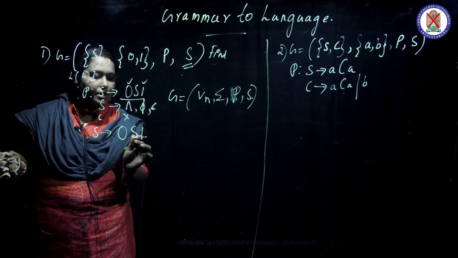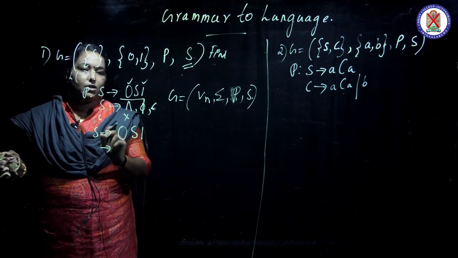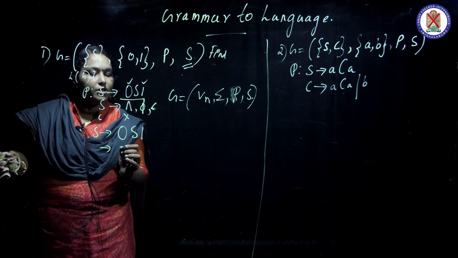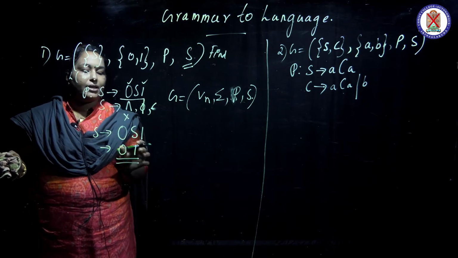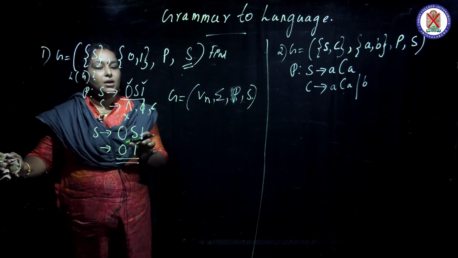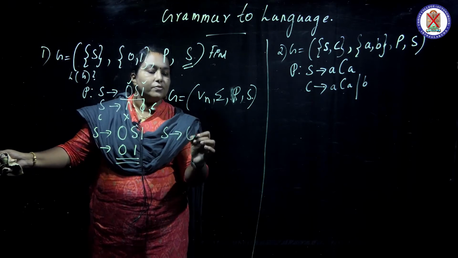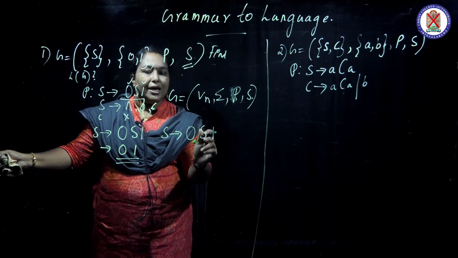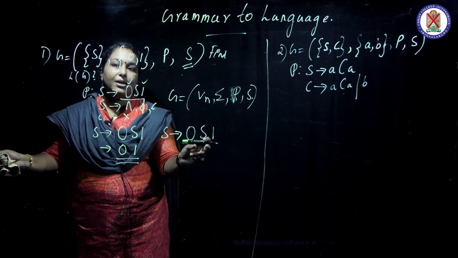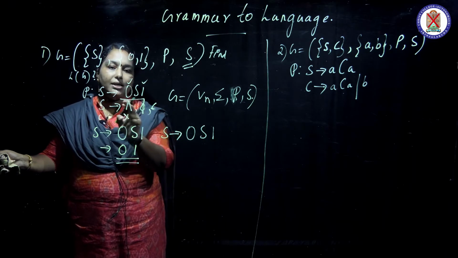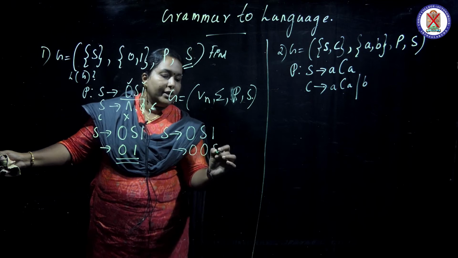Now substitute again. S we can substitute here. There are only two productions here, so substituting epsilon, we get 01. This is one string I can derive from the grammar that is given. Now I look for another one. S gives 0S1, and S can be substituted again by this. Is this repeating, a recurrence? S can again be substituted with 0S1, giving 00S11.